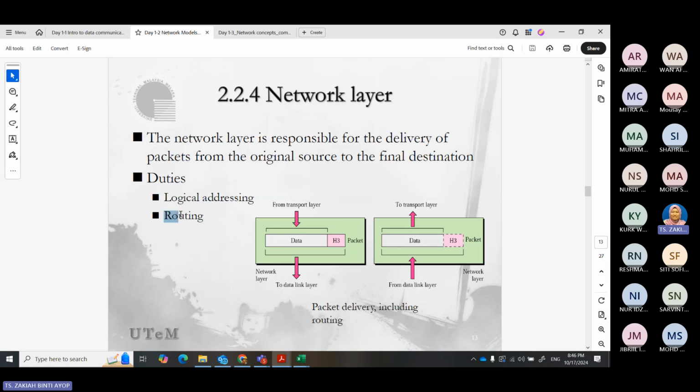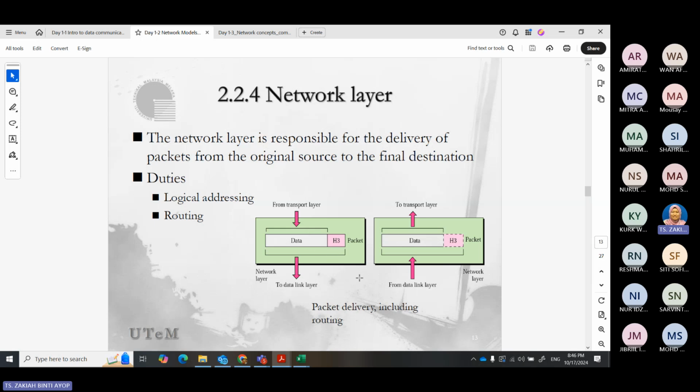In order to ensure that the message can be received, this layer performs routing, where the device determines the best route through the network and finds the full address for that computer if needed.